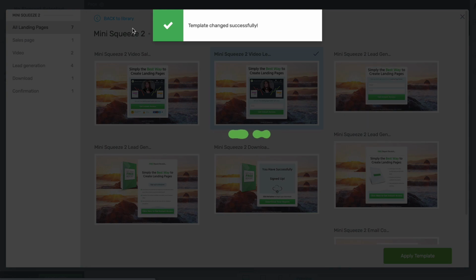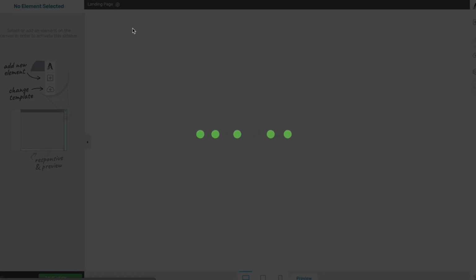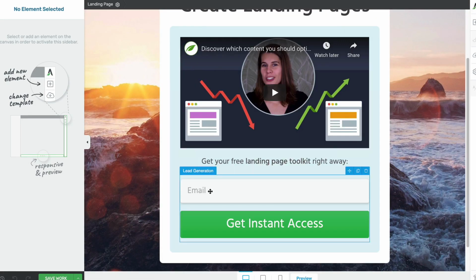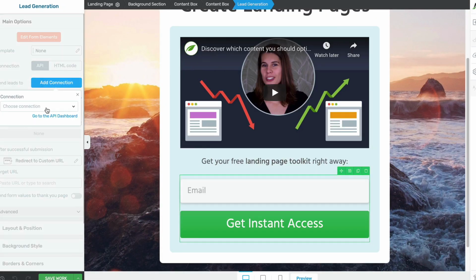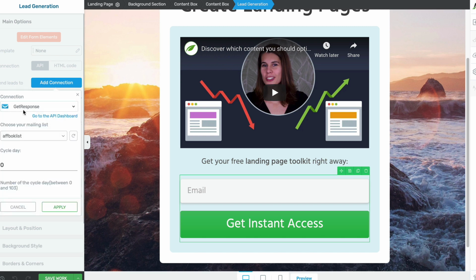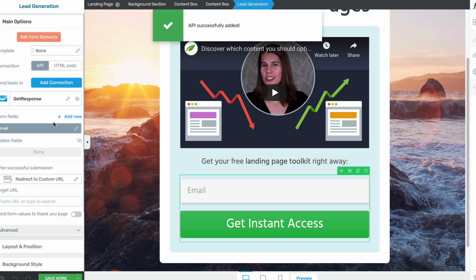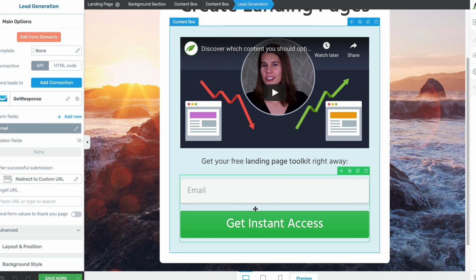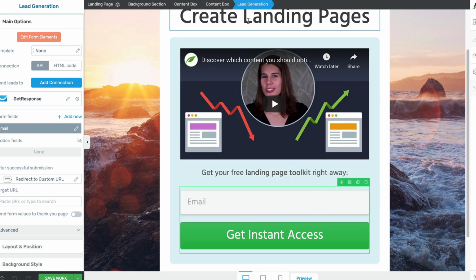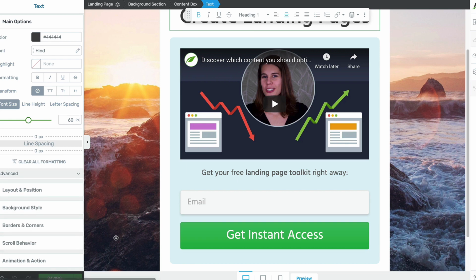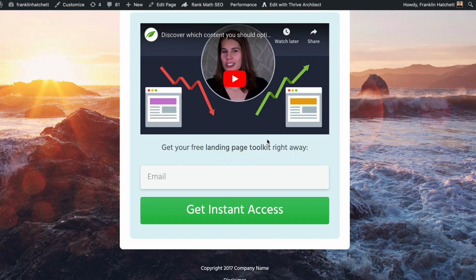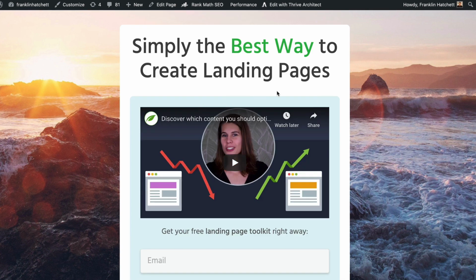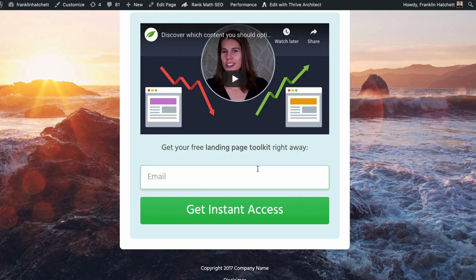Okay, and all I've got to do is follow the exact same steps to connect all of this together. So I click on here and I go to Add Connection and I do the exact same thing, okay? And I add the connection and apply, and then I can do the redirect URL. And I do the exact same thing, and I can edit all of this stuff, right? And I can click Save, and I can actually preview this. And now I have a separate page where I can go and collect emails from in my business on my